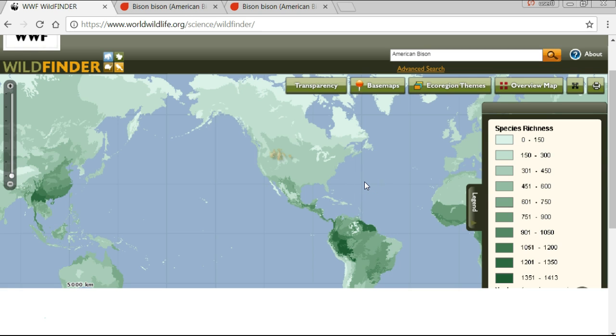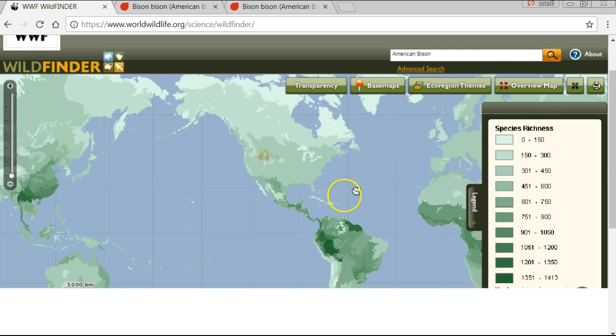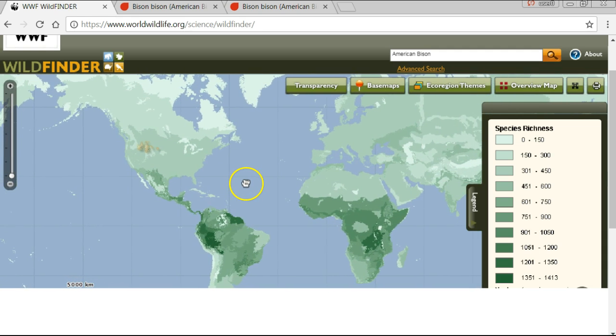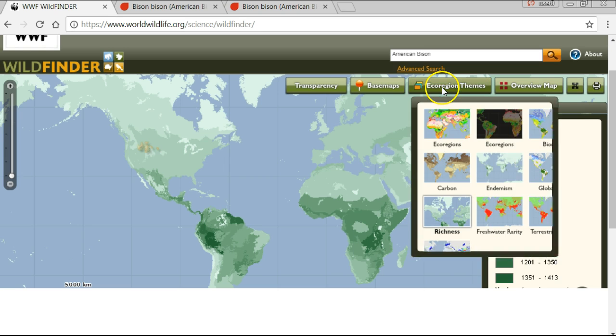So the darker the area, the more diversity, the more species are in that area. It's really interesting for students to be able to see that these areas with the most biodiversity are really in those tropical regions, right? And as you move north and south away from the equator, then you tend to get less and less biodiversity. So that's really important. Then we can switch to